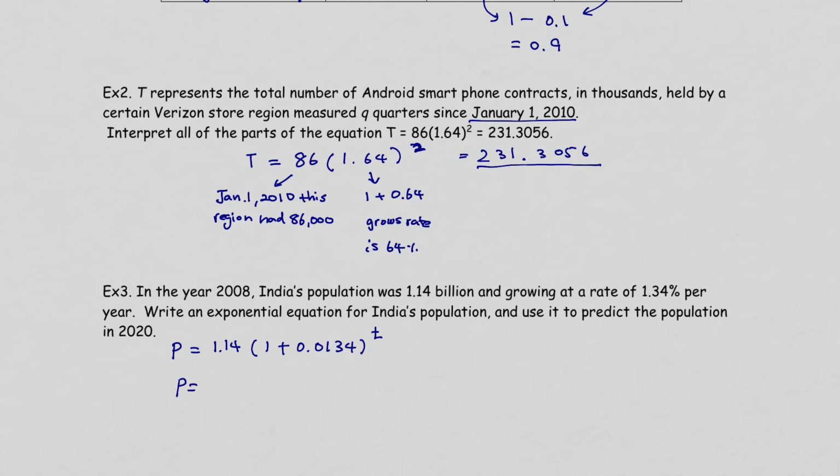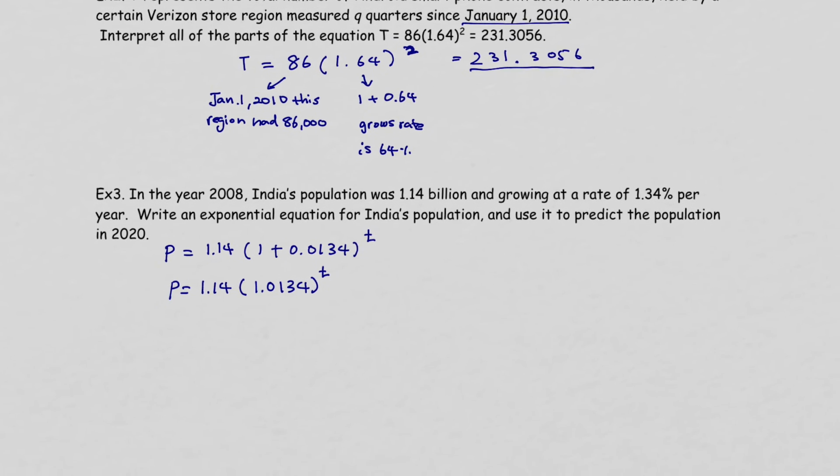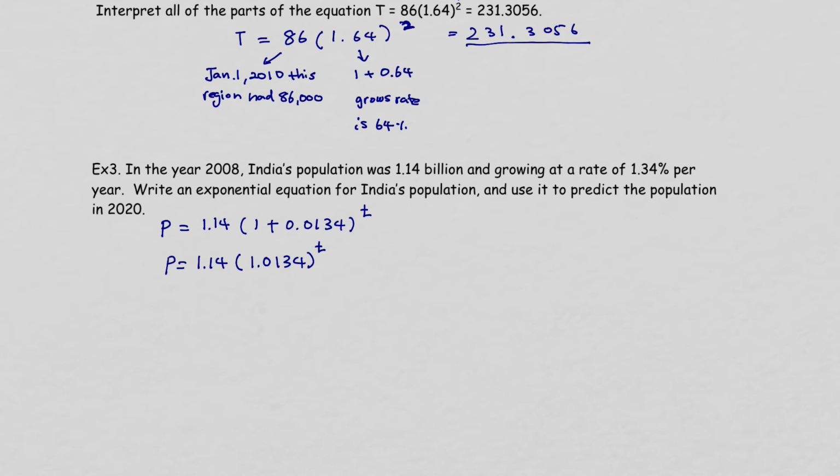We can simplify this one a little further by adding... it will be 1.0134 to the T. So once we get the formula, then this is the formula they ask for, and the next thing we wanted to do is figure out the population in